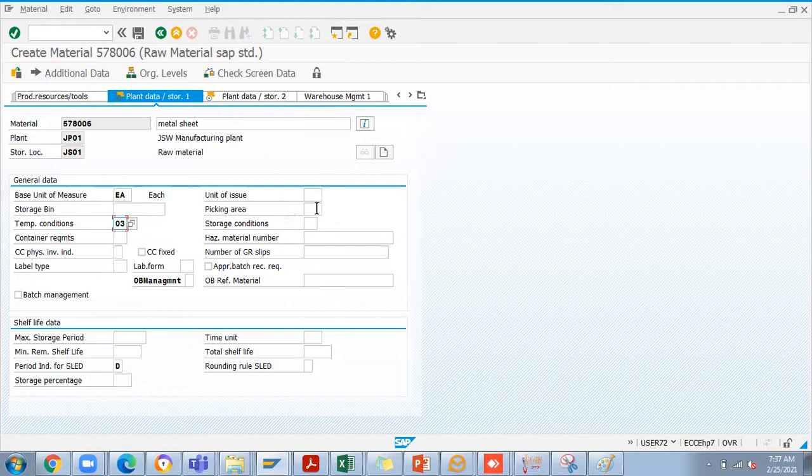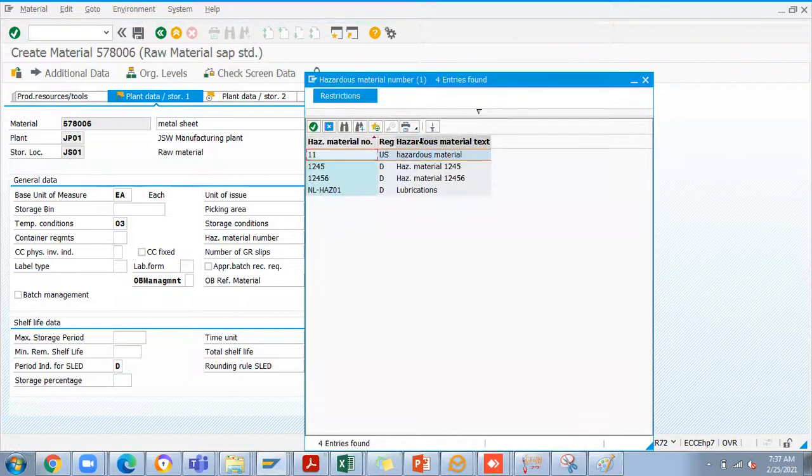Then the picking area, if you want to add. If you are working on WM, you can add the picking area also. If you want to add any total shelf life, storage percentage or container requirements, you can choose from this selection drop down.